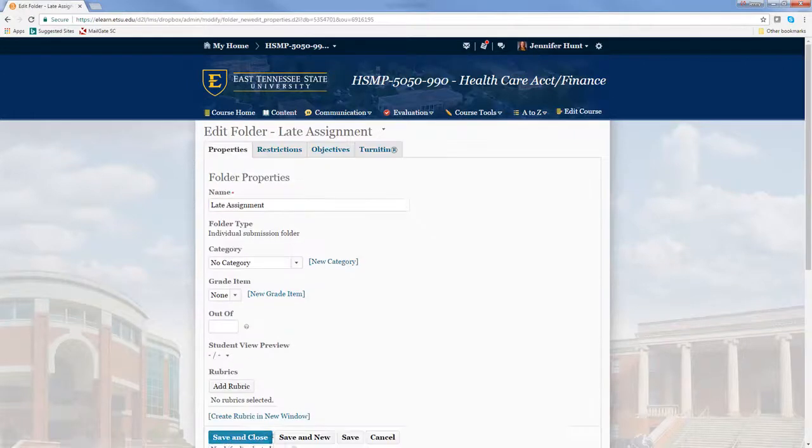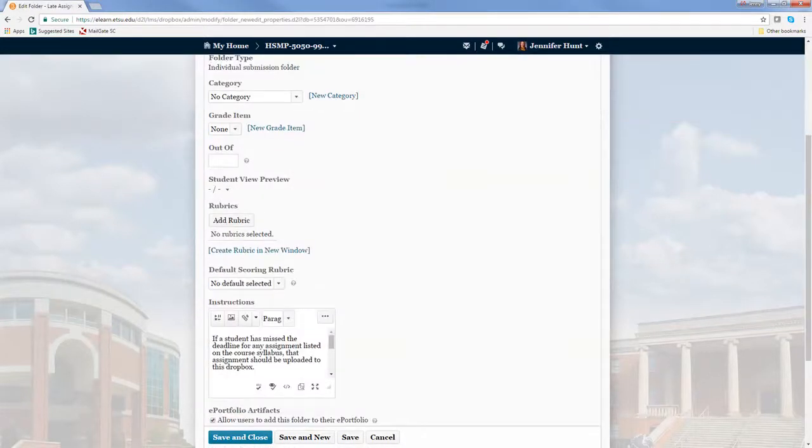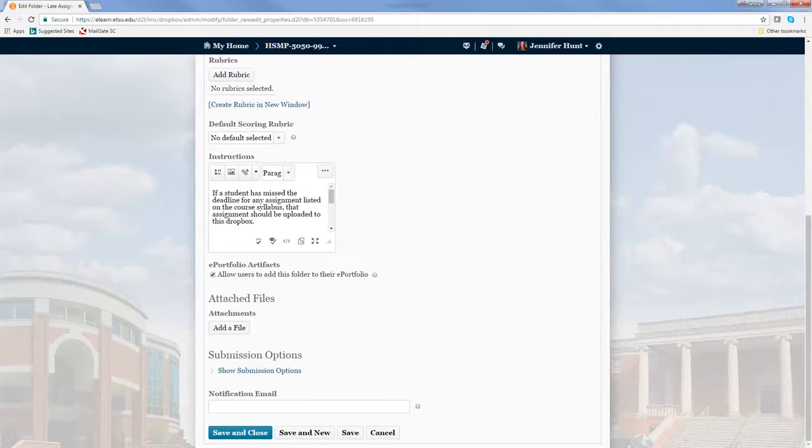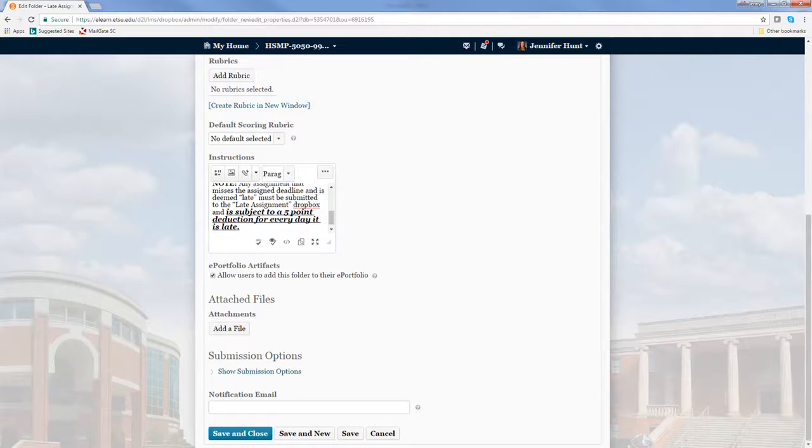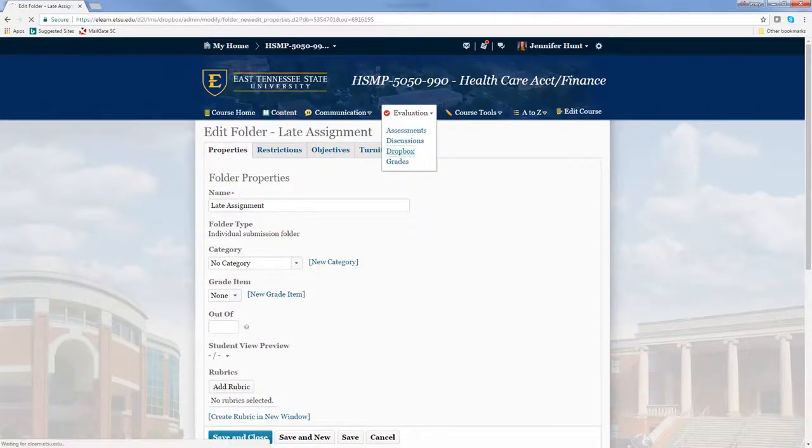Now, this is where your view is going to be different than mine. But this late Dropbox is for when, let's say, you missed the deadline for the ethical case study and you need to submit it. I will accept late submissions, but please note these instructions that are available to you. If you do miss a deadline for any given assignment throughout the course, it needs to be submitted to this late assignment Dropbox. Any assignment that is deemed late will be a 5-point deduction for every day that it is late until I receive it. So just be aware of that. We will run back to the